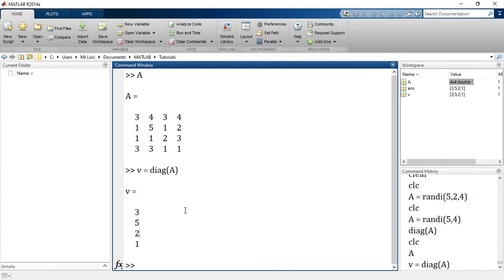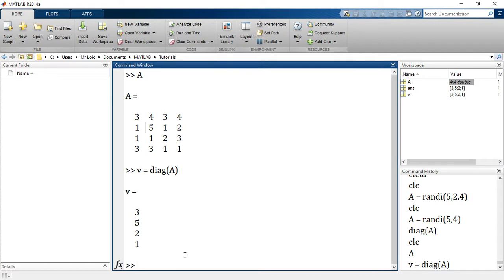Why did I say that it's not necessarily the main diagonal? Because you can actually shift the reference. How many diagonals does A have here? Actually, it has 1, 2, 3, 4, 5, 6, 7. It has up to 7 diagonals. What MATLAB does with this function is that it takes the main diagonal as the 0 reference. If you're going up, this will be the first diagonal, the second, and the third. If you're going down, this will be the -1 diagonal, the -2 diagonal, the -3.